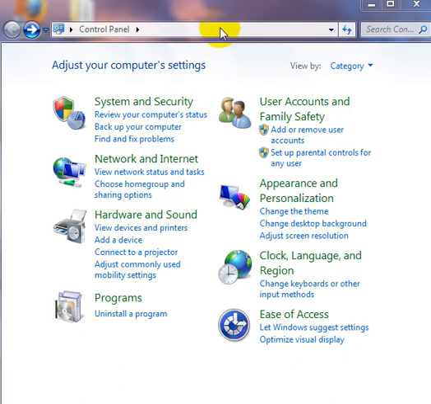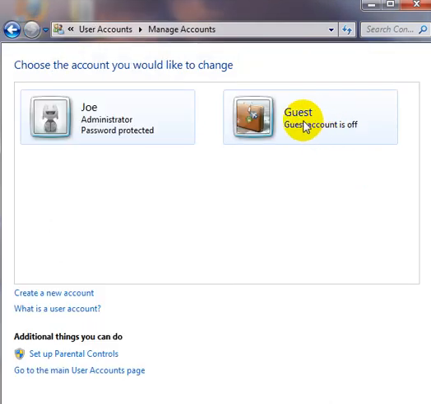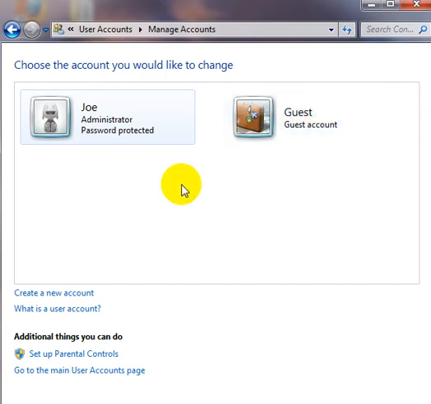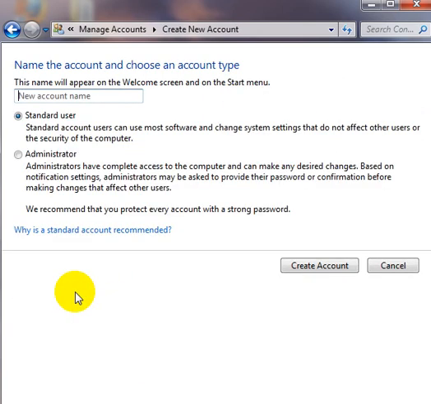So the way to fix that, go to Start, Control Panel, Add or remove a user account. Go ahead and turn on your guest if that's off. Once you turn it on, create a new account, and this one you just name whatever. Standard user, create account,